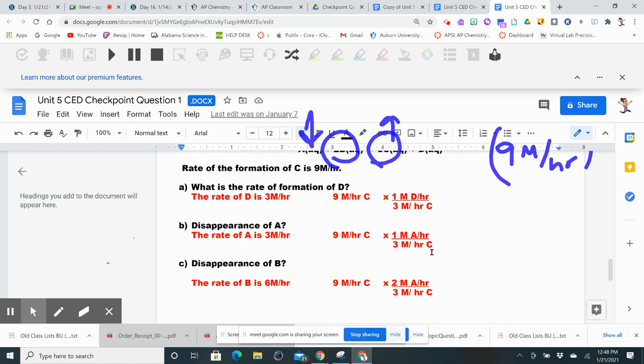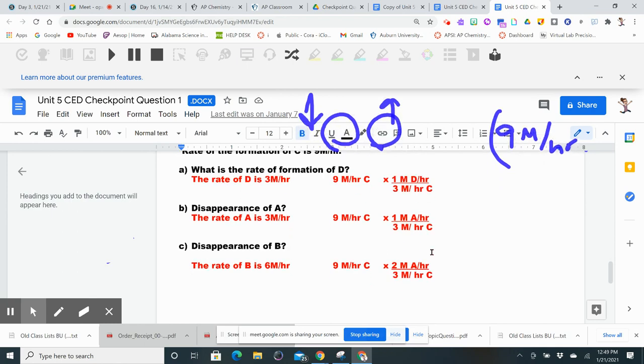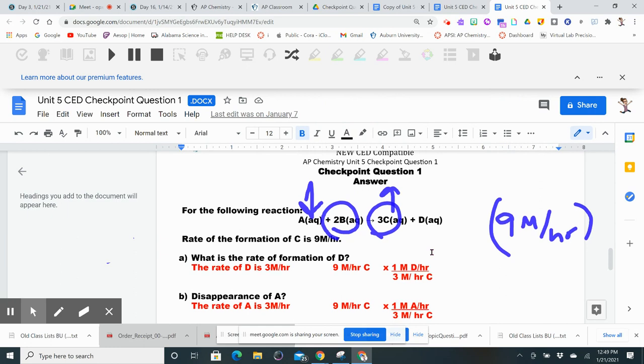There's a little more memorization of formulas in this chapter than we've had before. And if you can remember the formulas, it'll make things a little bit easier. Like there is a formula that all of these are equal: the rate is 1 over a times the change in concentration of A over change in time, equals 1 over b, where the a's and b's are your coefficients. Okay? So if we just did that,